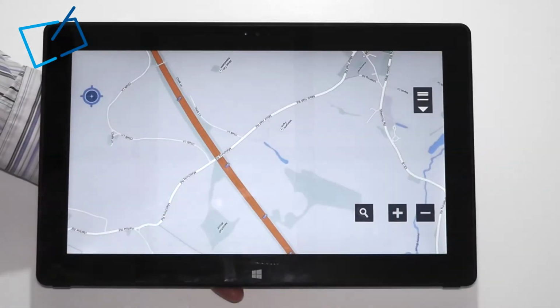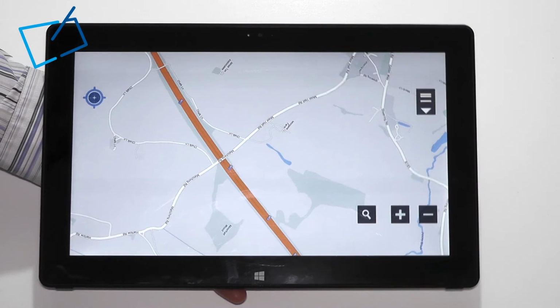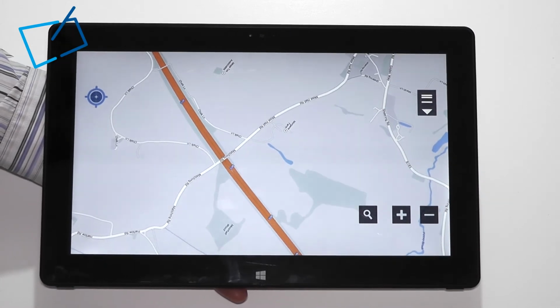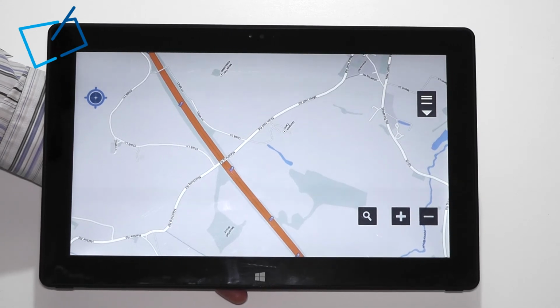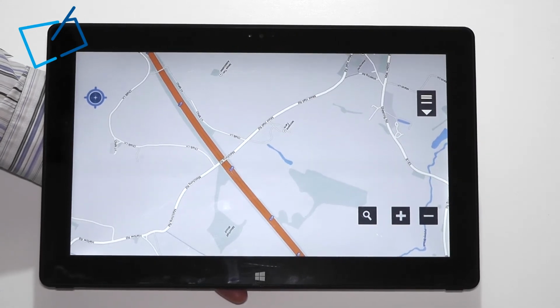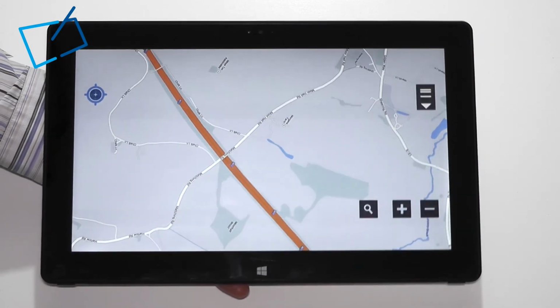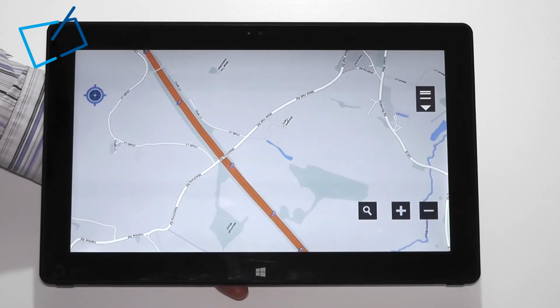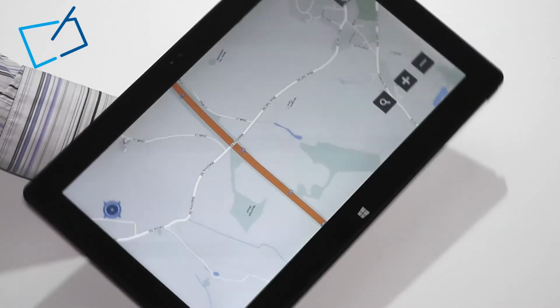The device can be configured with optional 3G, and the 3G modem does have a GPS component. Now the GPS component isn't as strong as having a standalone GPS as is available in some of our tablets, but it does provide relatively good location, particularly if you're connected to 3G and have a good clear view of the sky. We currently don't, we're indoors, but it has found a location pretty close to where we are,